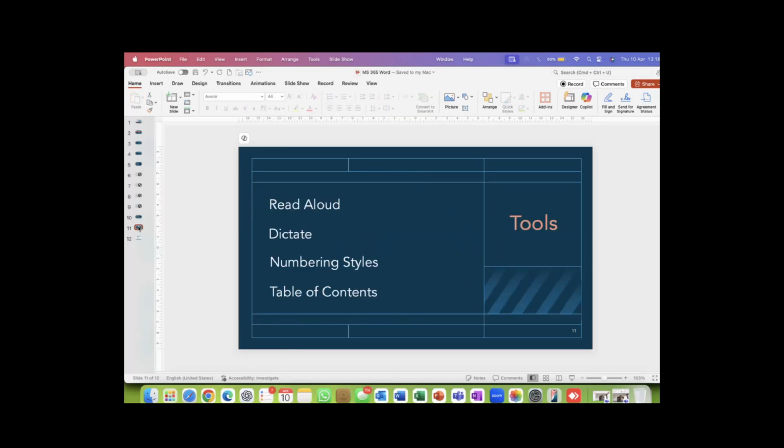Right, now let's go and look at some tools. I'm going to show you the read aloud. It's absolutely an AI feature, been around for a long, long time. Dictate, how to speak to your computer, or to Word rather, and how to listen to Word. Especially if you don't have time, if you're busy fiddling with other things, Word can read whatever the text is to you. Or if you have a hearing problem or anything like that, Word absolutely caters for that with its intelligence built in. I'll also show you a numbering style.